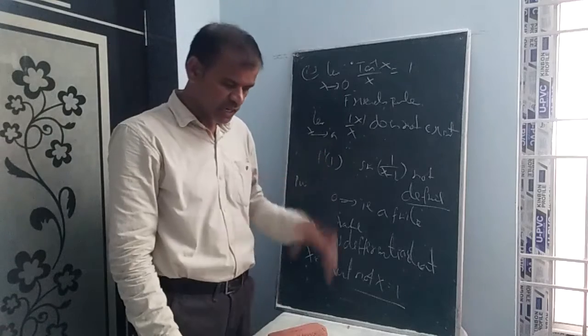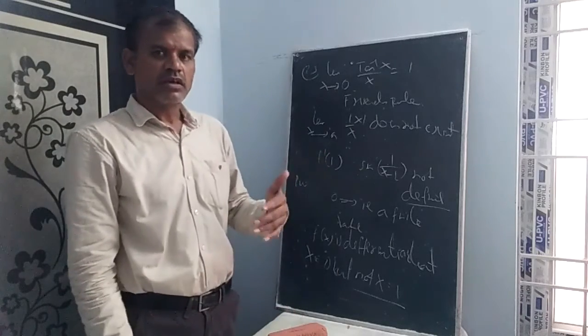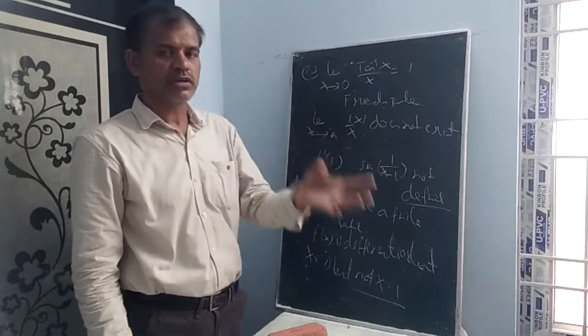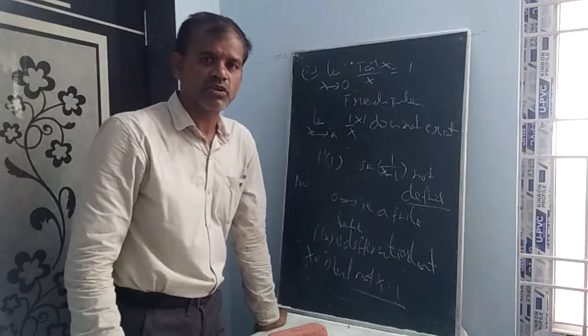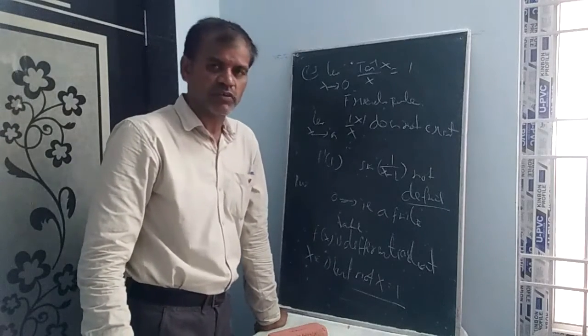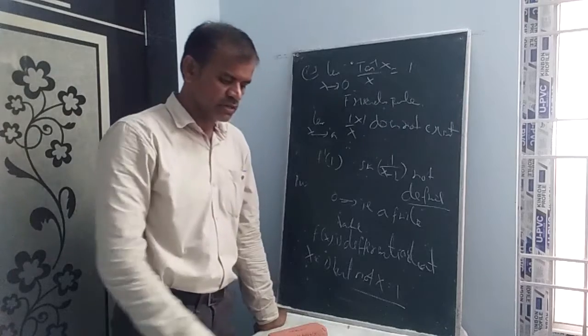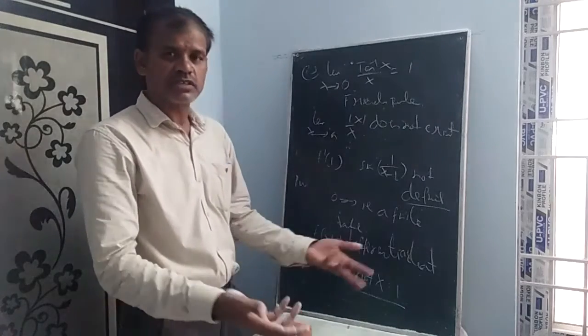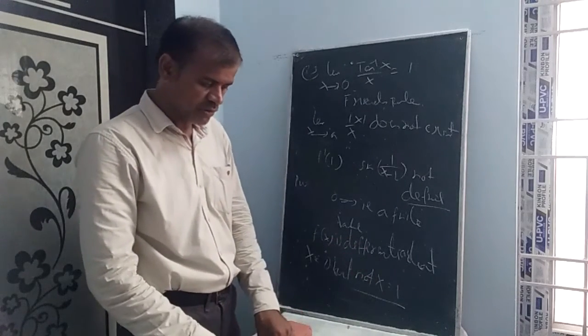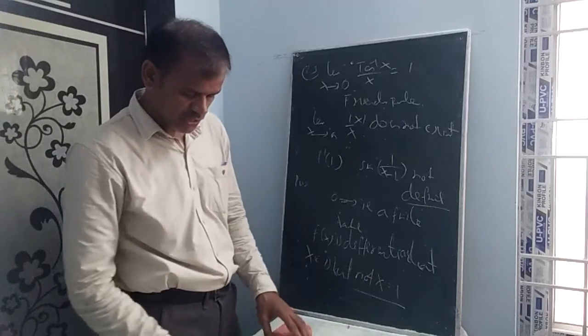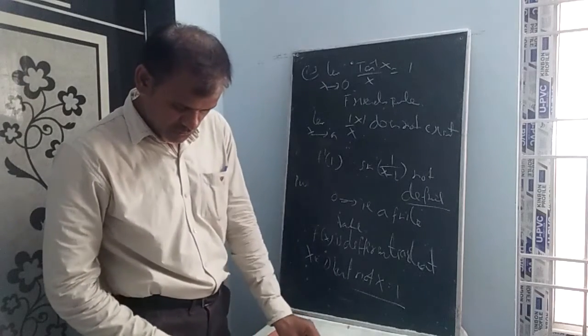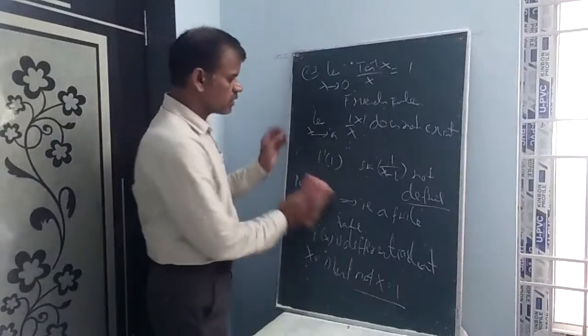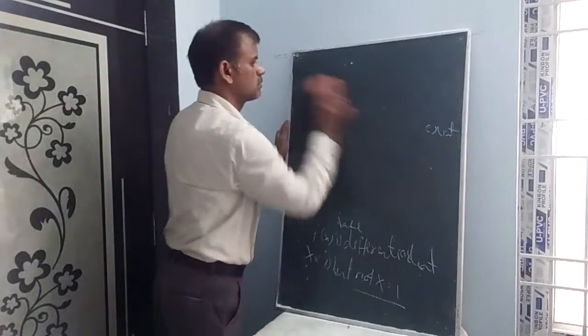Whenever modulus of (x plus 2) is equal to 0, you should write x is equal to minus 2. At x equal to minus 2, it is not defined. Whenever it is not defined, you can say undoubtedly it is not continuous. Whenever it is not continuous, it is not at all differentiable. Simply you can put the second option, not continuous, for the 23rd question. Now, let us see the 21st question.